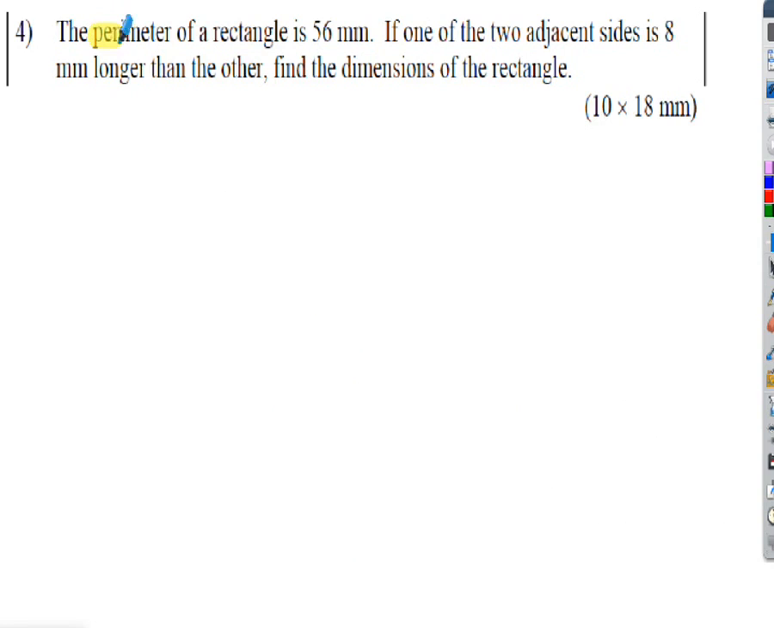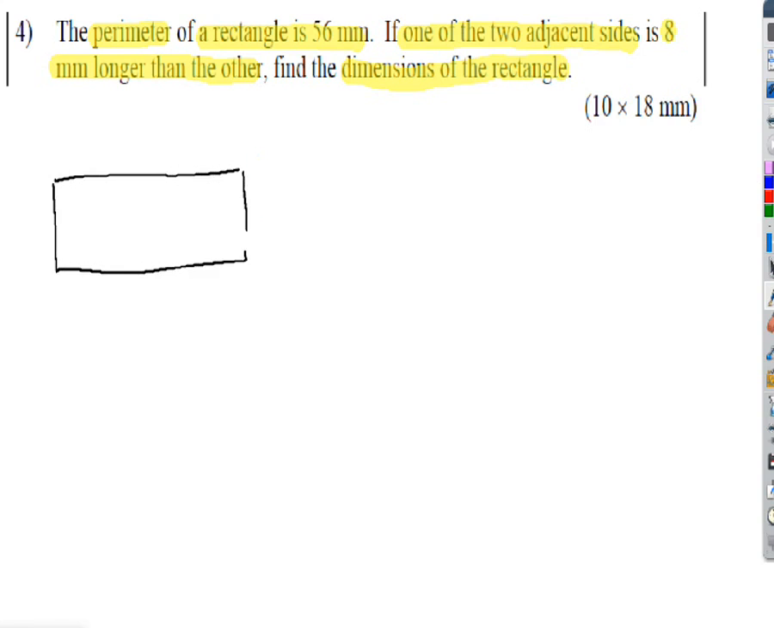In question 4, we're told the perimeter of a rectangle is 56 millimeters. So adding all four sides up, we get 56 millimeters. If one of the two adjacent sides is 8 millimeters longer than the other, we've got to find the dimensions of the rectangle. So if I sketch a rectangle here, and if I call in this case the shortest side x over here, so we've got an x and an x here, and we know that the other side is 8 millimeters longer, so this would be x plus 8